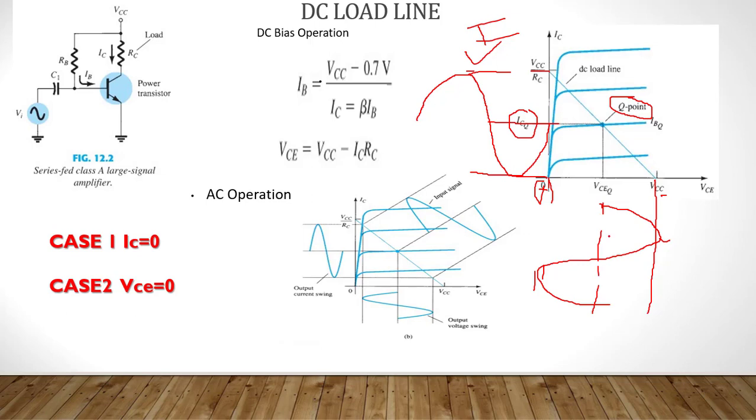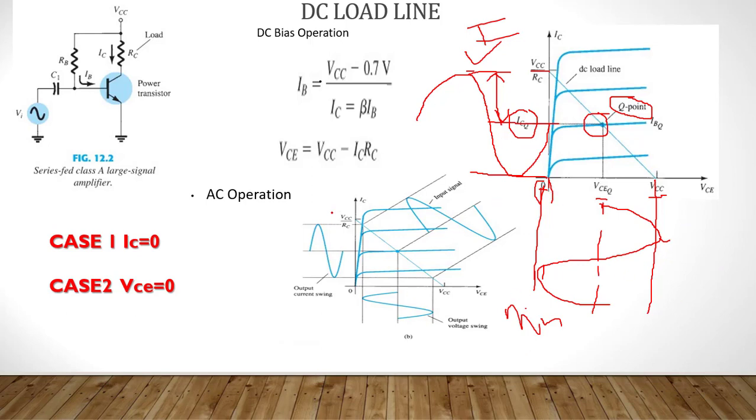And in the same way, what is the voltage we have to write? For voltage, the 0 point is VCEQ, as it is ICQ for current, and the maximum point is VCC, and the minimum point is 0. This is how we draw it from the load line. Very important here: the 0 point we take on the load line is always the Q point. This is one peak, we can call it V peak, and this is the other peak, the negative part. This is nothing but a sine wave.